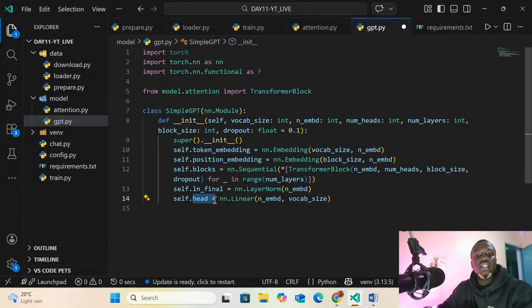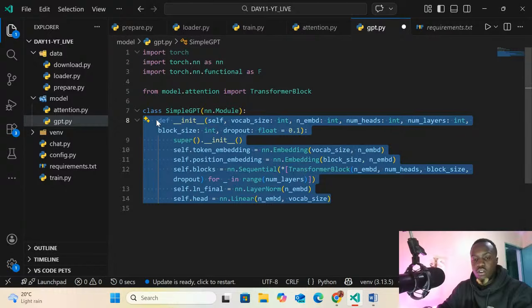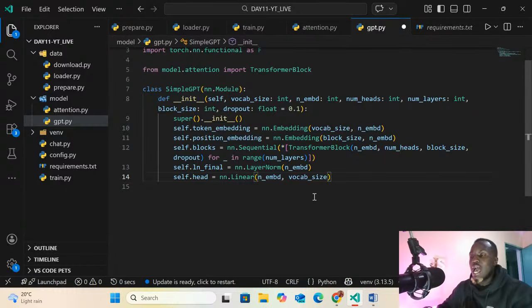So we are going to pass the number of heads and the vocabulary size. So basically this is the class in which we are going to define the GPT, what we want it to learn, build, and do.